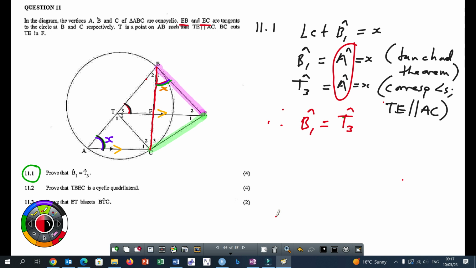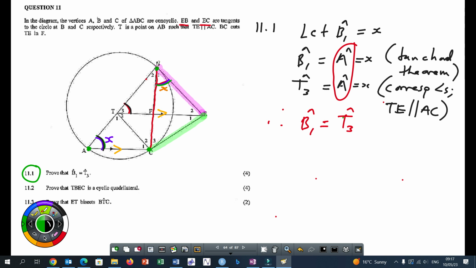When doing the tan-chord theorem, the triangle has to touch the circumference of the circle. Every triangle, we are coming to something very important, every triangle has vertices that are concyclic. What that means is the vertices of the triangle will be on the circumference. So you can draw a circle passing through the three vertices of any triangle. Why